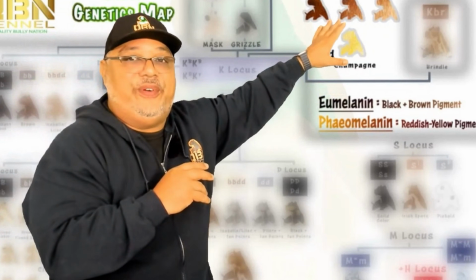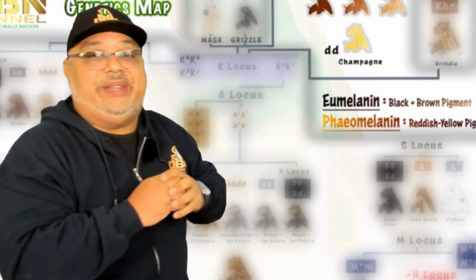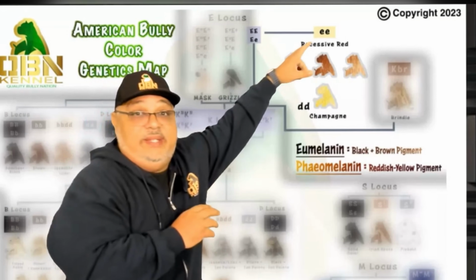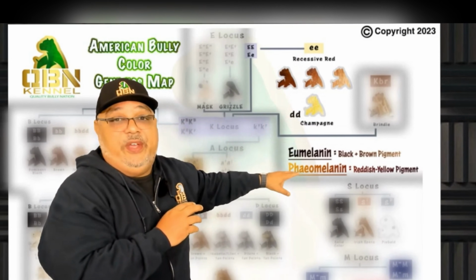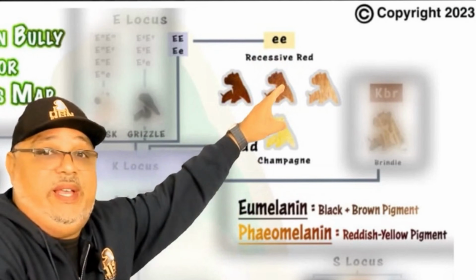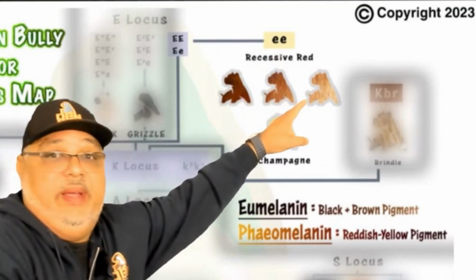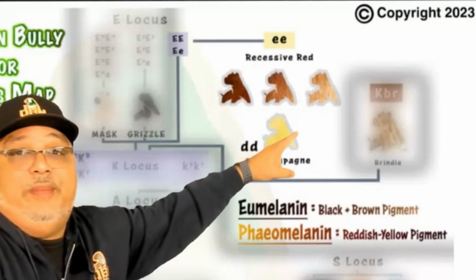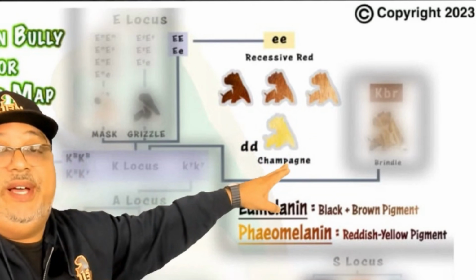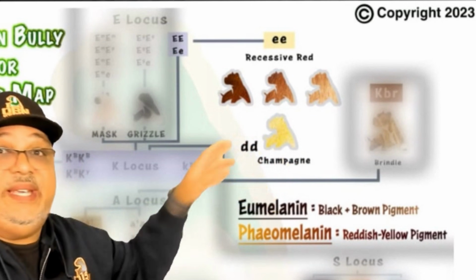We're going to get that further along, but I just want to throw that there for now. So let me just resume real quick. Double E's means that only pheomelanin is going to be allowed, and therefore these are the only colors that are going to be allowed there, right? The only other modifier is going to be dilution, which will lead the color to a champagne color. That's it. There's no